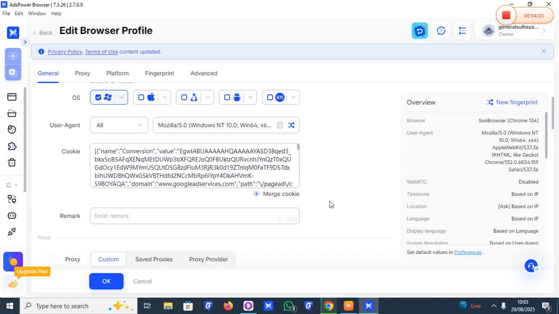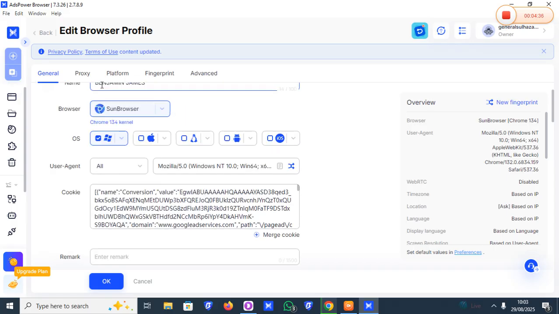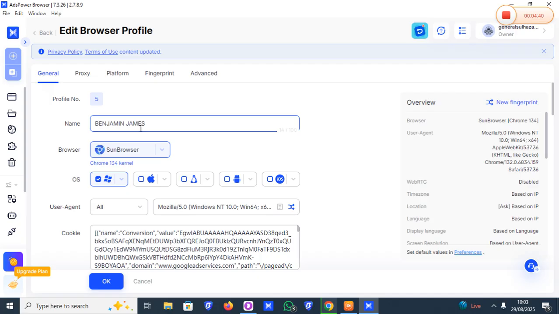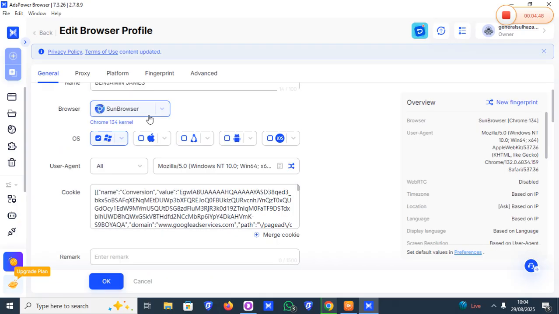Let's say the client's name is Benjamin. You type in the name of the account so that anytime you are opening this profile, you remember this browser is going to be for Benjamin's work. So after you enter the name, then the browser. If you are using the premium plan,